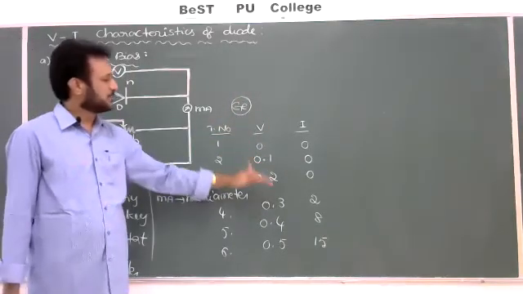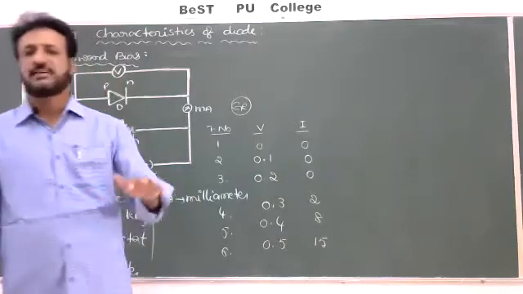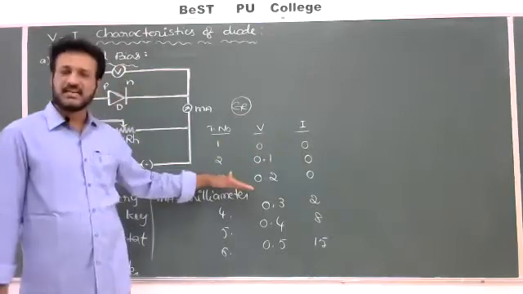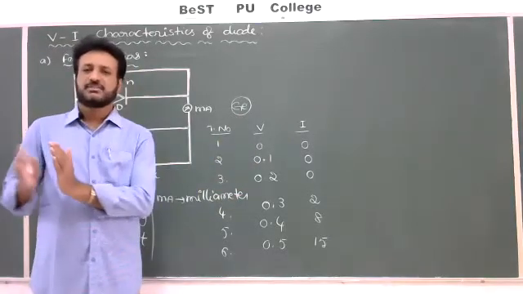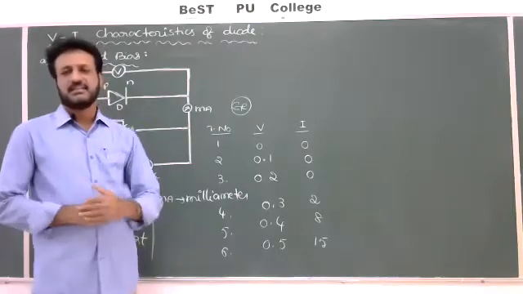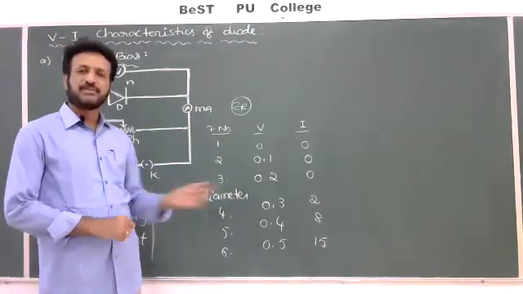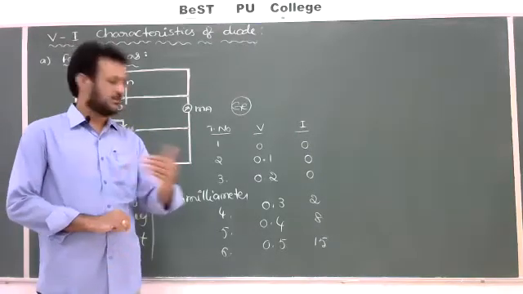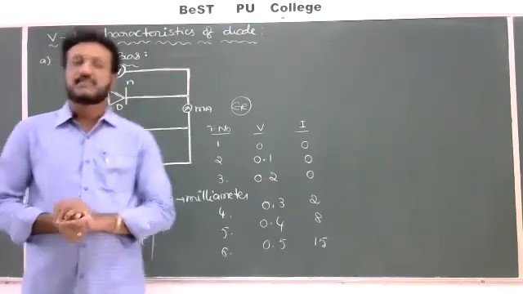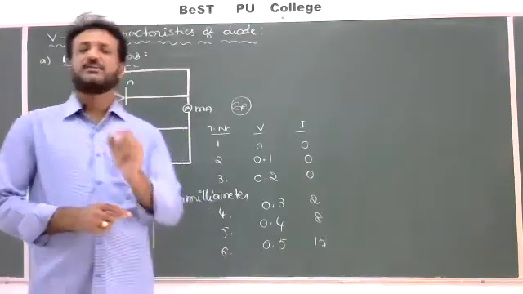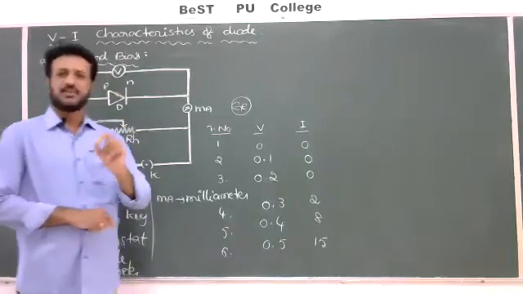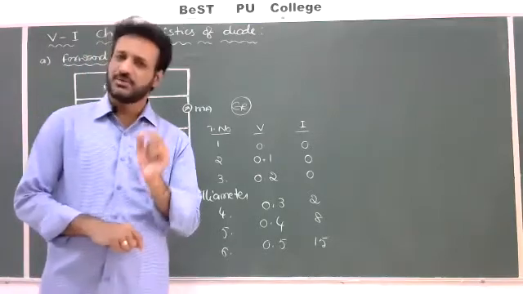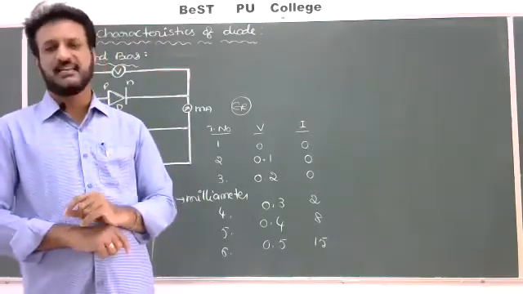Beginning almost up to a certain voltage, there is no flow of current. And above a certain voltage, the current begins to increase sharply, at an exponential rate. So generally the minimum voltage at which the current begins to increase at an exponential rate is called threshold voltage, cut-in voltage, or knee voltage. So that's important. Define cut-in voltage, threshold voltage, or knee voltage.